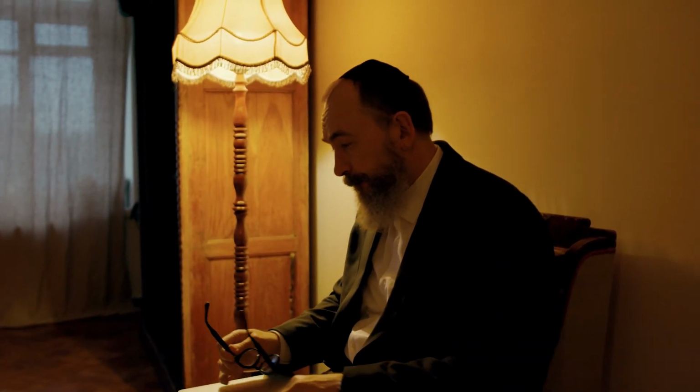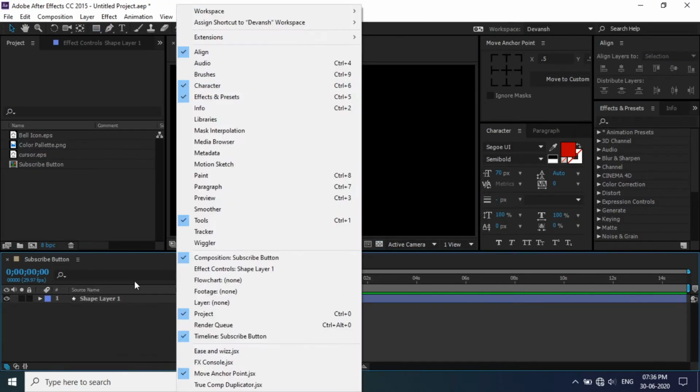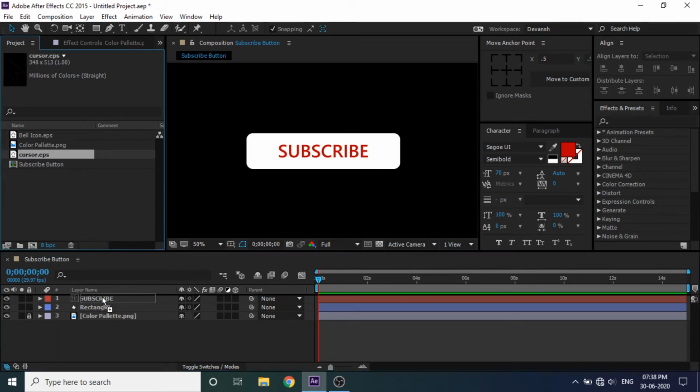Last tip, with time you will know about all the popular extensions available for After Effects, but in my experience and journey I never felt that I must have that plugin. Native After Effects is sufficient 99.99% of the time. That does not mean I don't like plugins, but I think about their uses in daily life. So don't distract your mind towards them and focus on learning native After Effects.